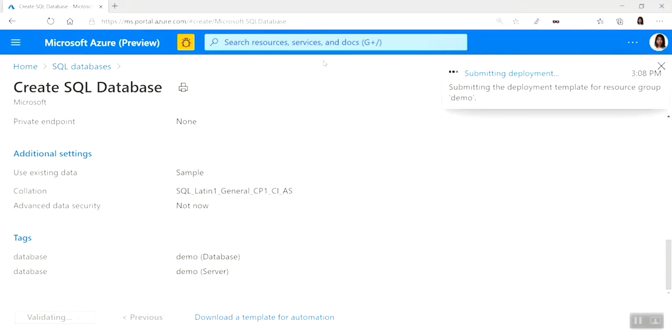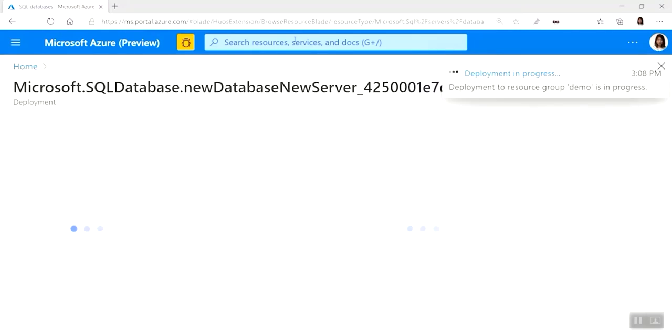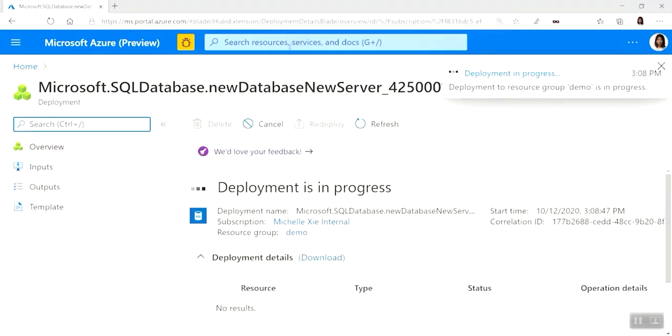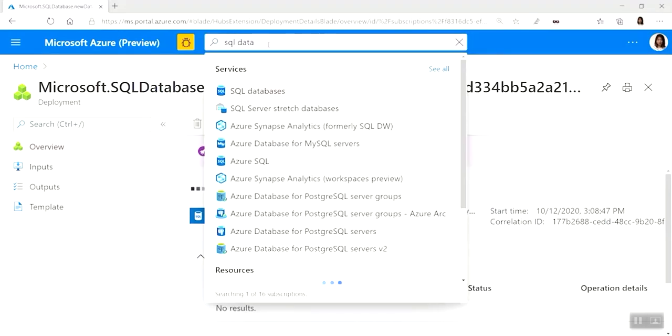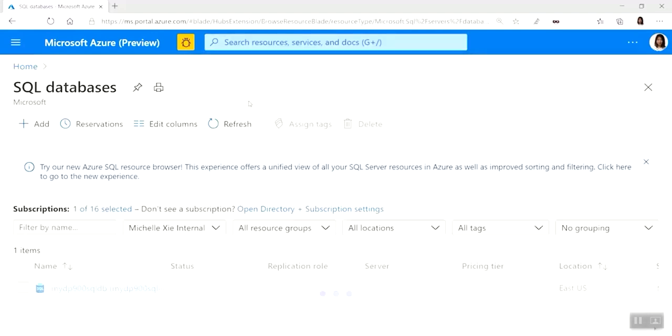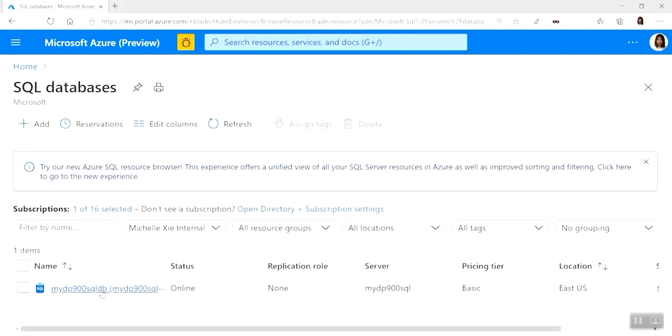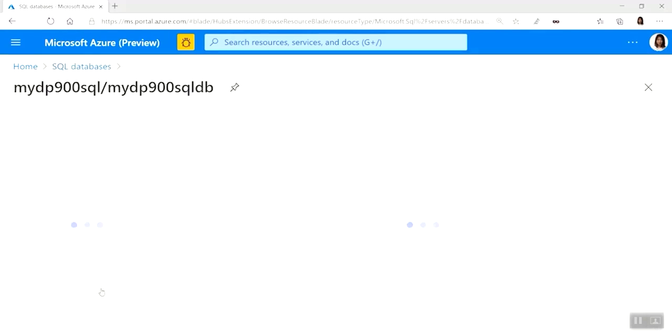Now, because we are limited by time, I've actually set up an Azure SQL database already. So we can go and look at an example one that I've already set up. So if I go and look up SQL database again, I can find the one that I've set up before this training. So if I go into it,